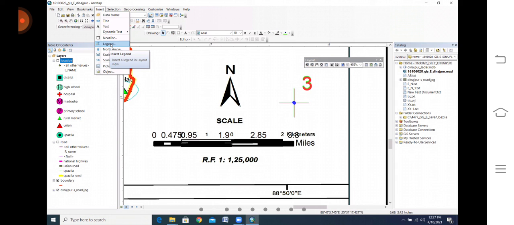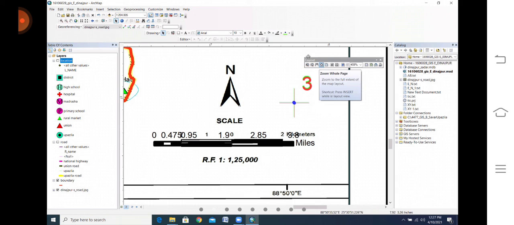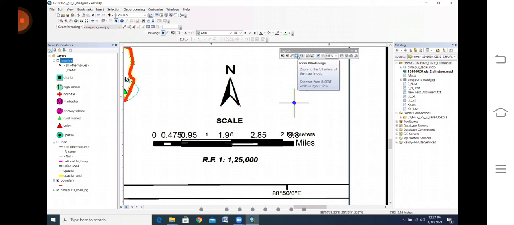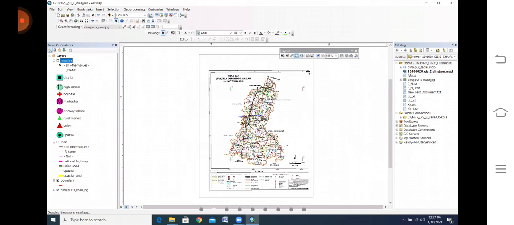So I am going directly to the legend part. When you zoom for the layout, click the whole page, then it will automatically show you the full figure. Look. Okay.